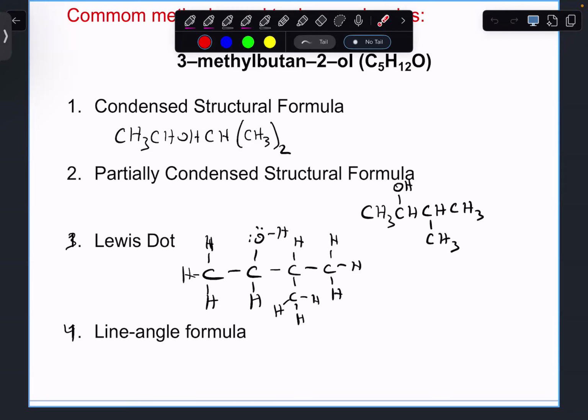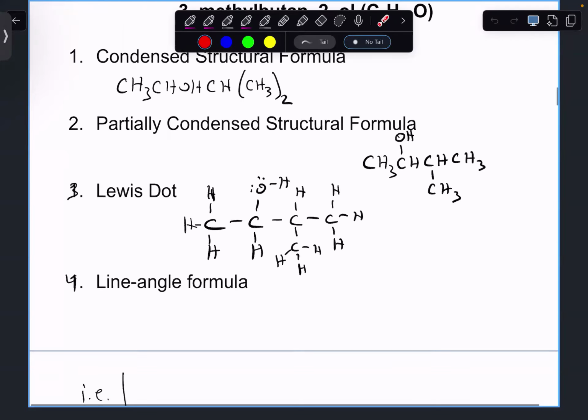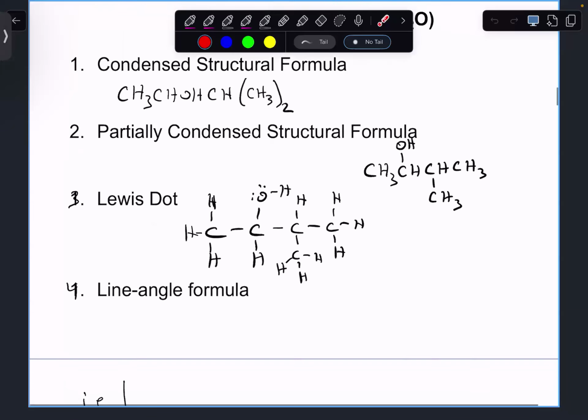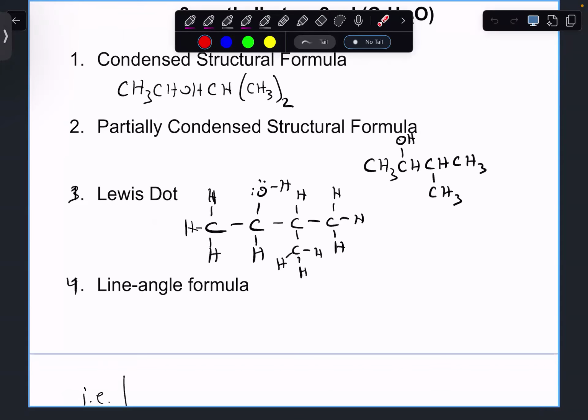So that's what I want to spend, because this is going to be an incredibly important part going forward. I want to spend a bit of time practicing how we can go from a Lewis dot structure to this line angle form, okay? Because again, this is the way we're going to start representing molecules from here on out, all right? So if I were to represent this structure, this 3-methylbutan-2-ol in a line angle form,